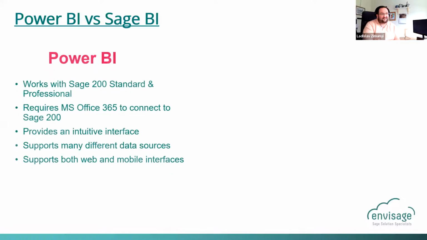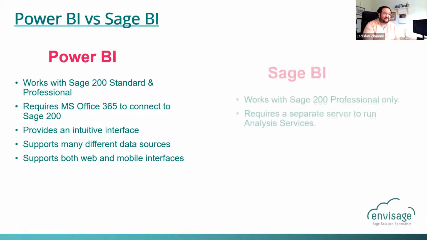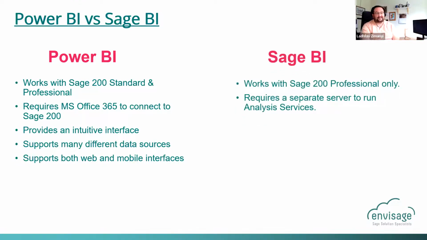So what is the difference between Sage Business Intelligence and Power BI? Well, Power BI works with Sage 200 Standard and Professional, and requires Microsoft 365 to connect to Sage 200. There is licensing involved, it provides an intuitive interface, and supports many different data sources, as we mentioned many times,